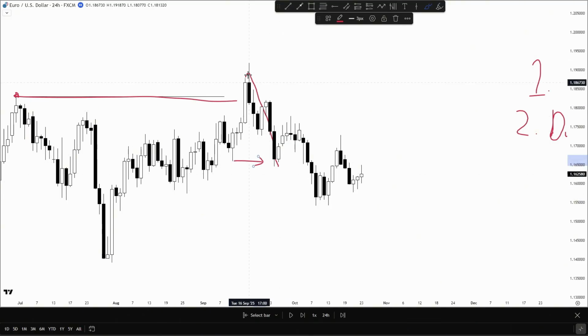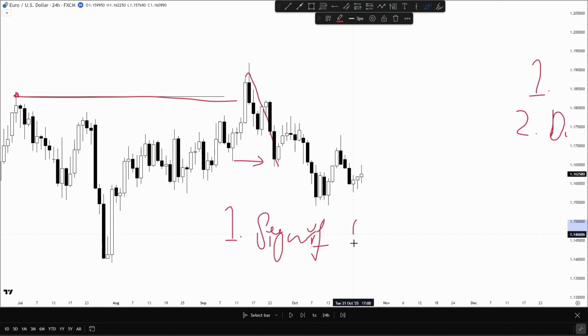Now the reason this structural shift is valid is, first of all, that we broke below a significant or key low. Now the reason this low is a key low is because it led to this high being broken,